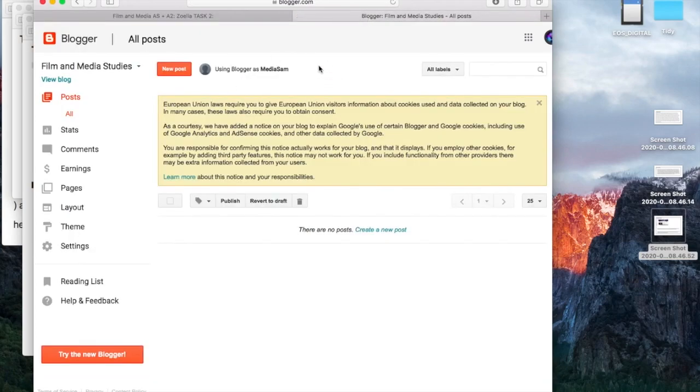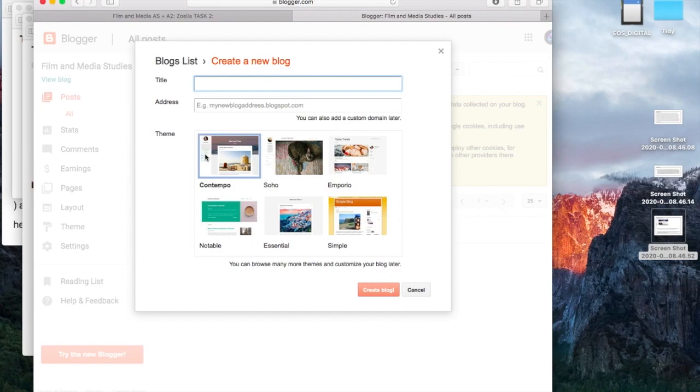So Blogger, this is mine. I did make a quick blog the other day, but I'm going to make a new blog. So you will get the chance to make a new blog when you set up, and you will get this screen. So call it Sam's blog. I'm going to go media so I know which one it is in case you decide to do another one, or if you've got several blogs, you might be a blogger for all I know. And I need an address that you can send to me. So I'm going to go Sam C, Film Media, and you'll see it's already going Sam C Film Media blogspot.com. That's the most important thing, because I need you then to copy this and email me that link once you've made it and created the blog.